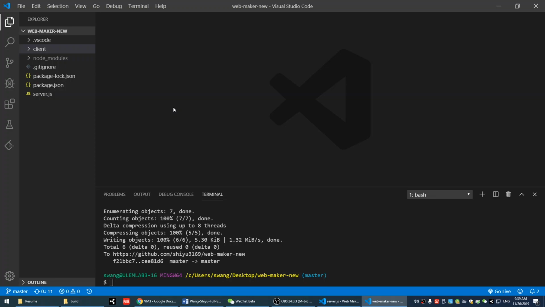And now the code is ready to be put online. All right. So there are many ways you can put your code online. You can use AWS. Right? Many of you already heard of that. AWS is a web service from Amazon, and they allow you to use their servers to host your